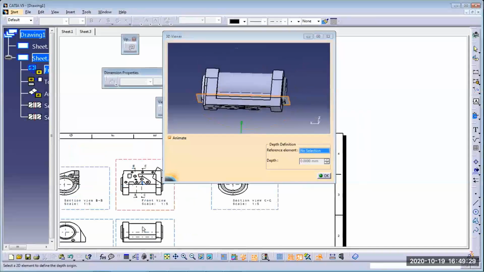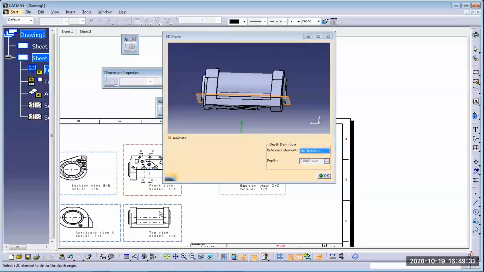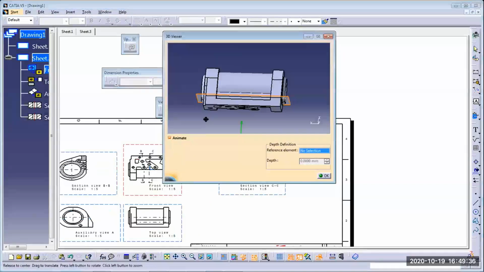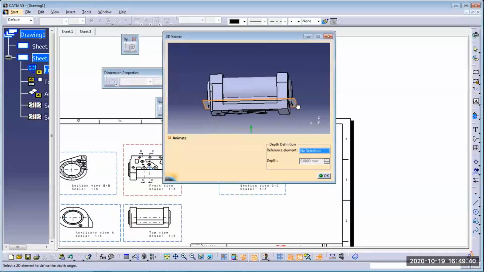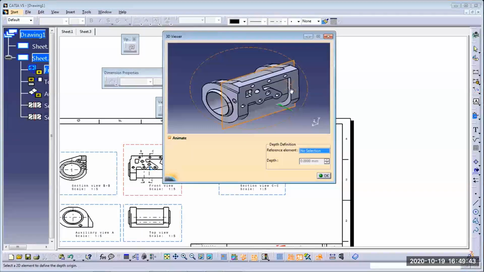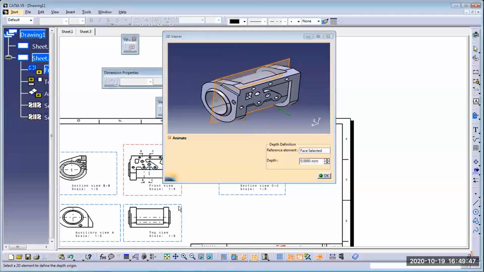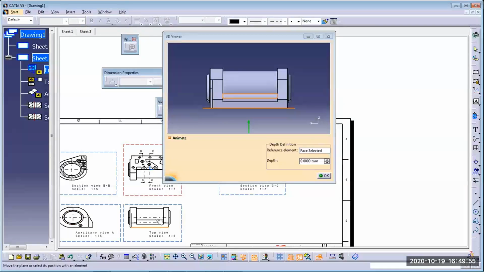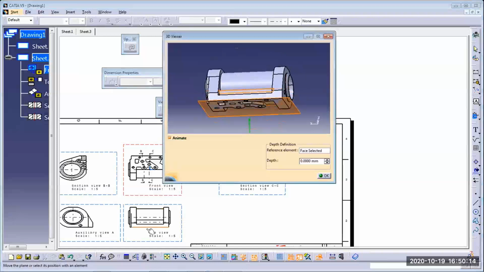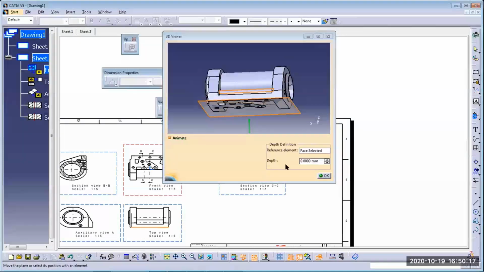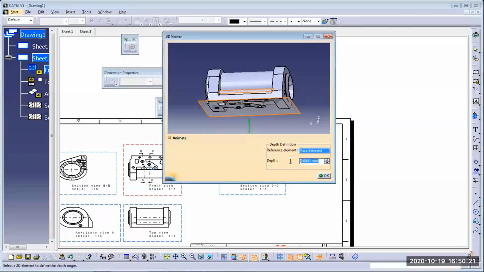You can see this face. It's not taking. Yeah, here you have to take. So this is our reference element. This is the animation plane, and this is another one. So we can define my reference here, whether you want the plane in this location or at this face. Where should I take, the topmost line or bottommost line? You can see the plane is oriented here, so I need to take this face. I'm selecting this face. Now the status shows that the face got selected. Then only the depth option will be on.